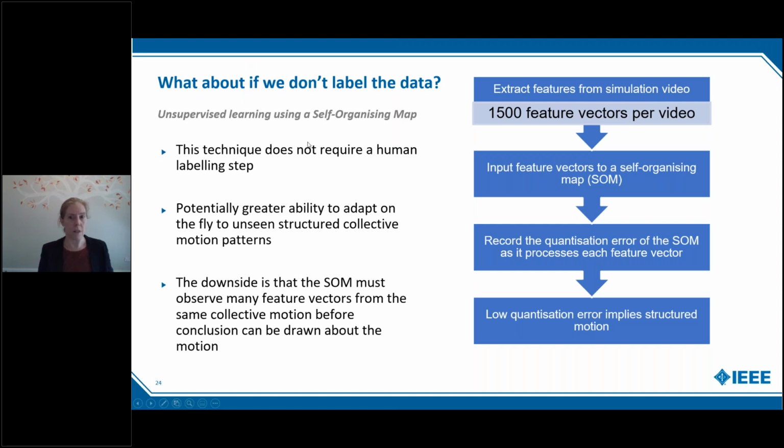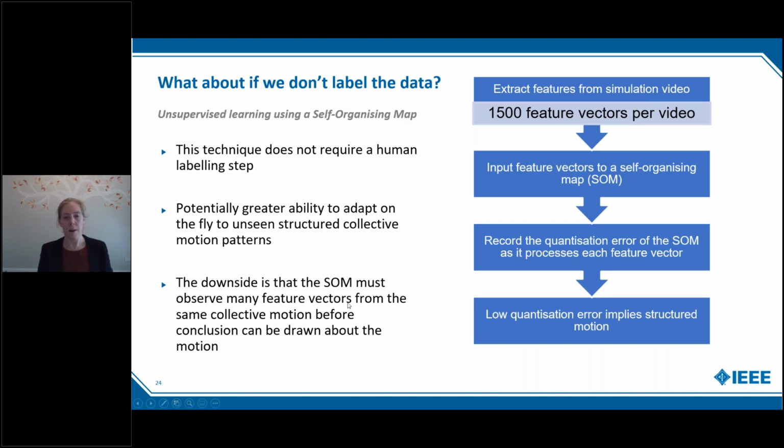So our hypothesis was if we fed data from the boids into a self-organizing map, boids that are engaged in a collective motion would result in a lower error in the self-organizing map. So we fed the input in, we record the quantization error of the self-organizing map, and we look for groups of boids that are having a low quantization error. Now, the downside of this approach, I'll mention up front, is that a self-organizing map needs to